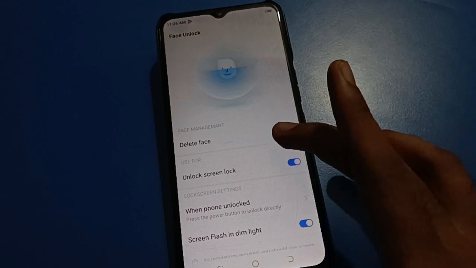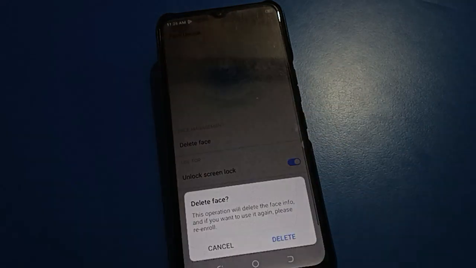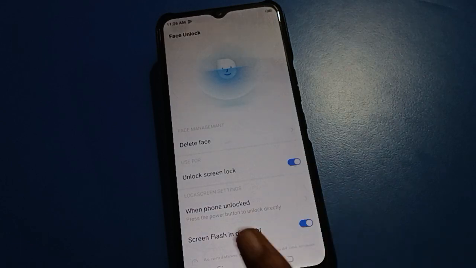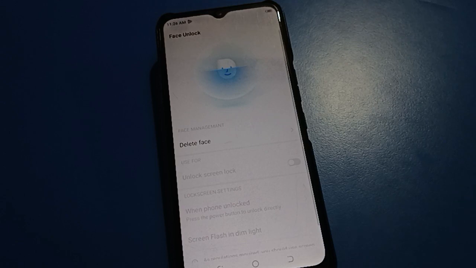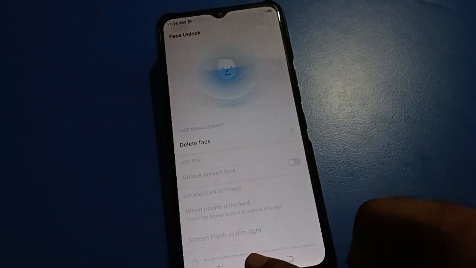So friends, if you click the delete face option here, your face lock will be removed, your face lock will be deleted in your Tecno mobile. So friends, don't delete your face lock data. Click here on the unlock screen lock setting. Use face for the setting, we will turn it off. After turning off the use face setting,